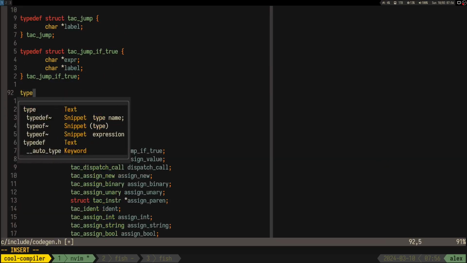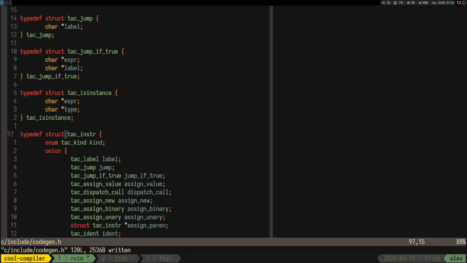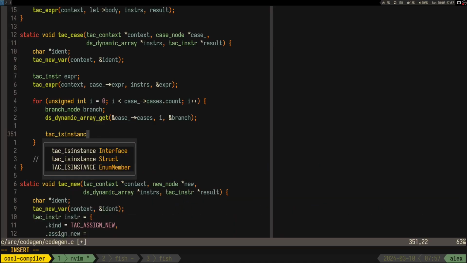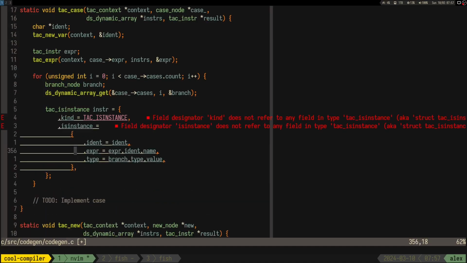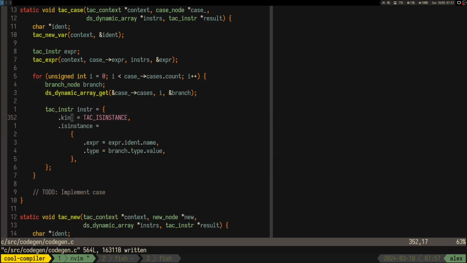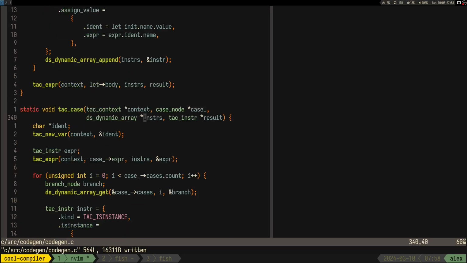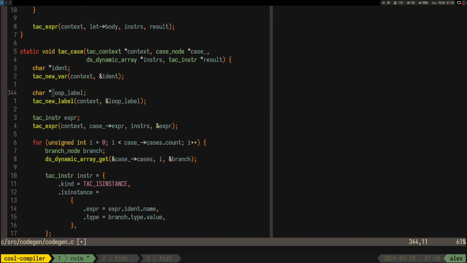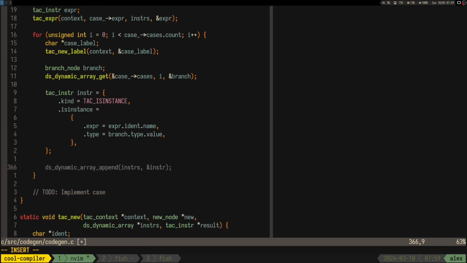Here I thought we need some extra instructions, like for example isInstance. We need to check that the expression that we get is an instance of the specific type. And basically that's the first thing I did there. So check that the expression that we got in the first step has the type of the current case, right? I think that's the first step. And probably how this case statement would look